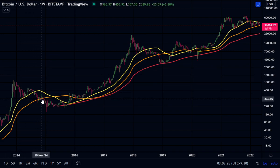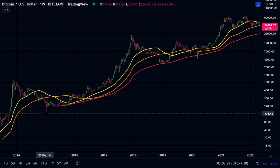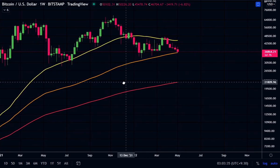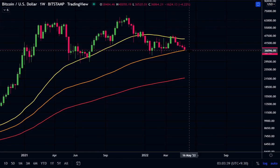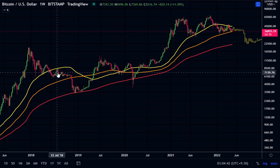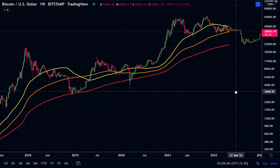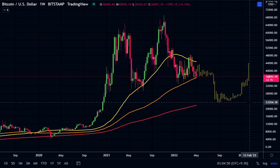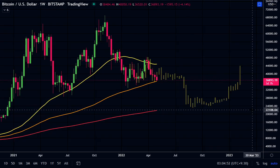We broke it. Once we broke that 100-week moving average, we had one more big capitulation. We just have to watch out to see what happens here. If we do close a weekly below the 100-week moving average, just be aware that we could have a big capitulation down. So I've just copied the previous bear market here in 2018 and attached it to our current price action,